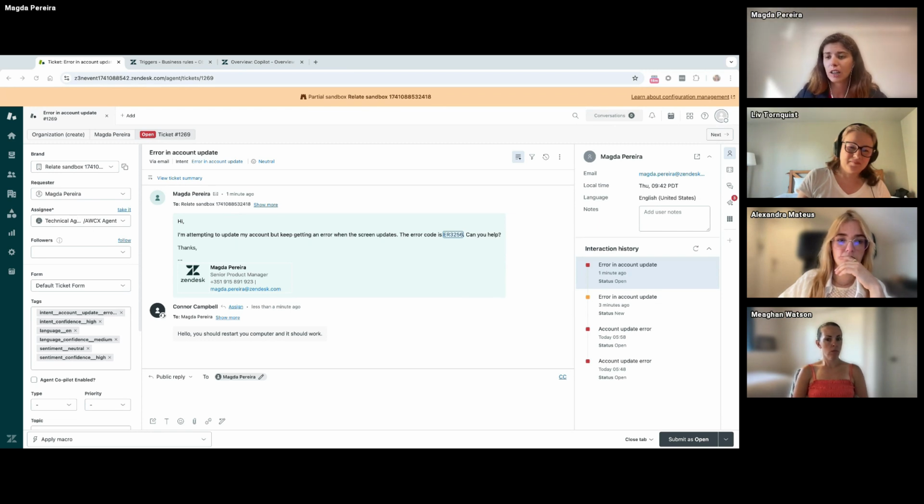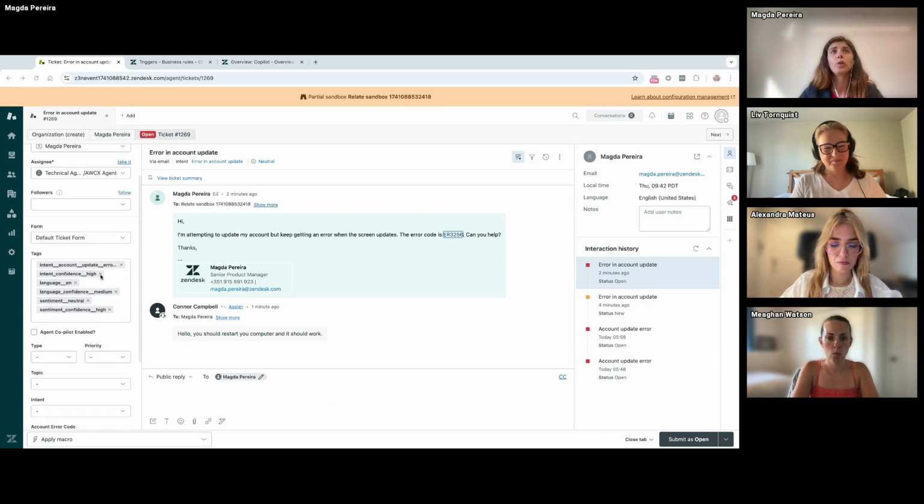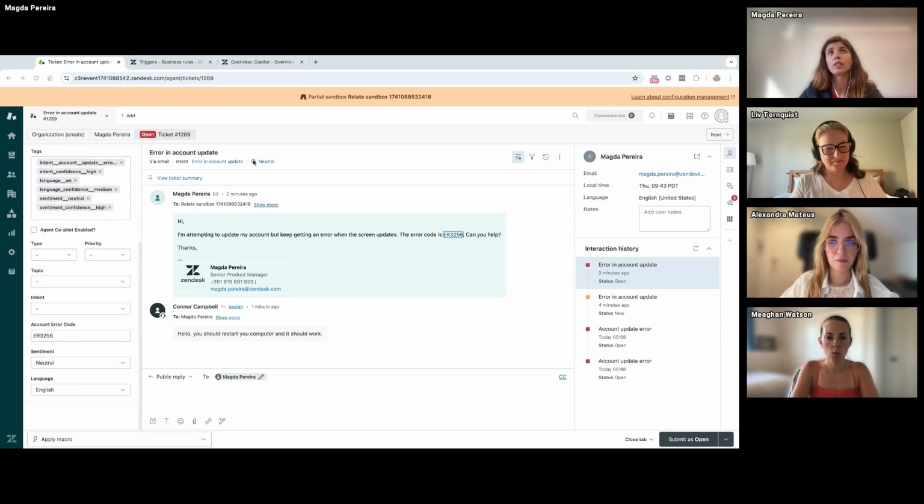So this is the kind of thing you can do to automate and make your operations more efficient. You can pick up on these insights that we are automatically extracting from the ticket and route the tickets to your agents, or even prioritize, or do whatever you believe is better for your operations. So you can find all this information that I just shared here, okay?